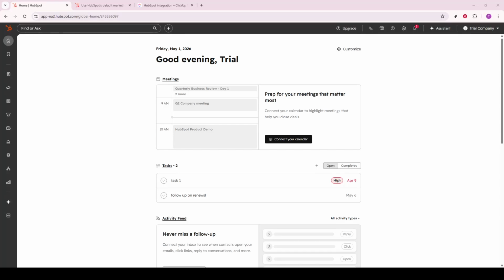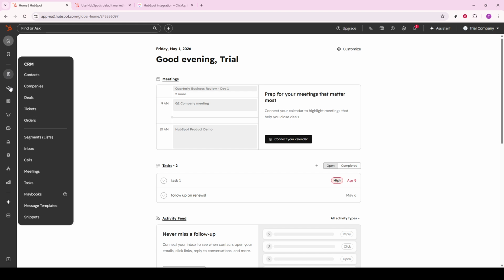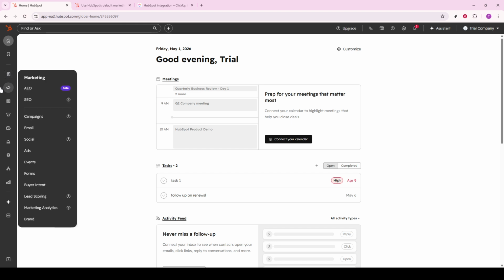In today's video, I'm going to teach you how to create and manage landing pages in HubSpot CRM. We'll start right from your HubSpot home screen. Once you've signed in, you'll land on the main dashboard. From here, look toward the top navigation and open the content area. This is where HubSpot keeps all website-facing assets, and it's the fastest route to the tools you'll use for high-converting